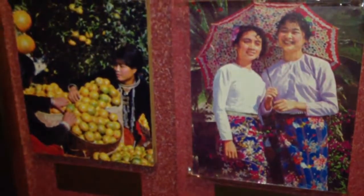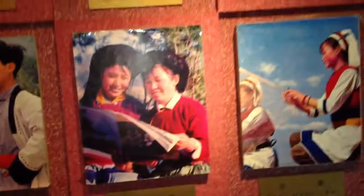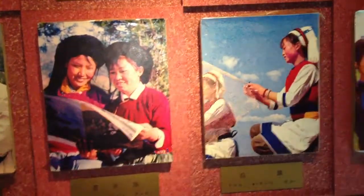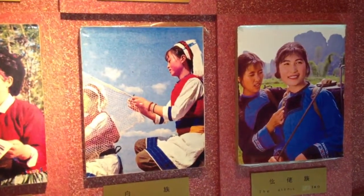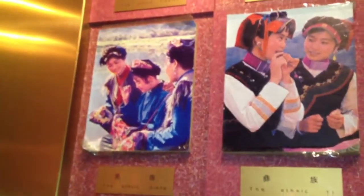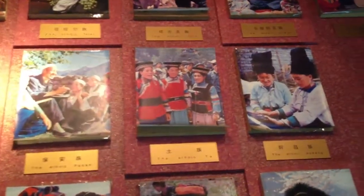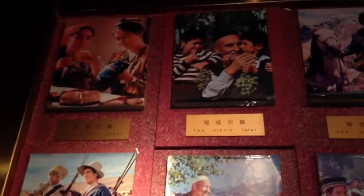See, if I couldn't turn my light on and off for this, you wouldn't be able to see any of this. Nashi, the Nu, the ethnic Pumi, the Bai, the Lao, the Lopa, the Mamba, the ethnic Yi, the Chiang, ethnic Tibetans, the Paoan, the Tu, Achang, Uyghurs and Tatar, the Tajiks, the Uzbek, the Kyrgyz,